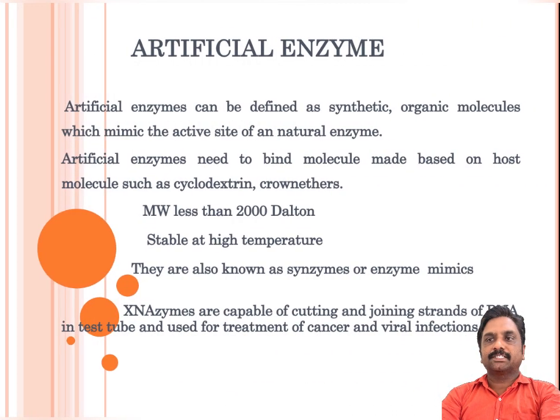So artificial enzymes can be defined as synthetic organic molecules which mimic the active sites of natural enzymes. Artificial enzymes need to bind molecules made based on host molecules such as cyclodextrin, crown ethers. It has molecular weight less than 200 daltons and it is stable at high temperature, and they are also known as synthenzymes or enzyme mimics. Enzymes are capable of cutting and joining strands of RNA in test tube and used for treatment of cancer and